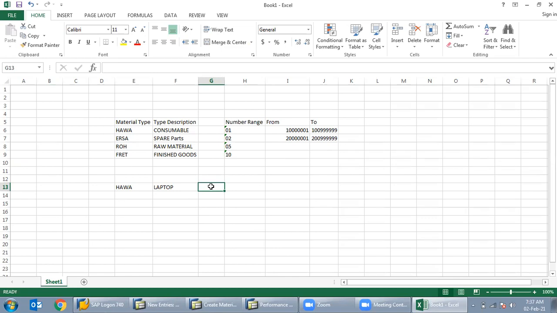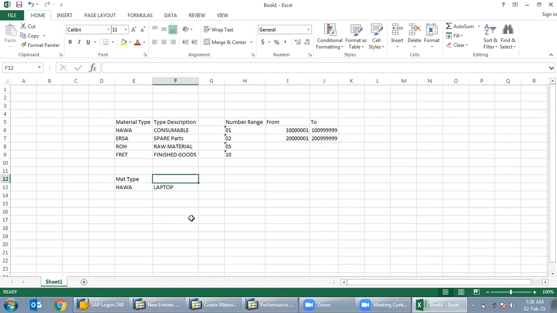Now, for example, we have created a material code for the material type HAWA. Then why does he need to create a material code when it is already available and configured by the configuration guy, like an SAP consultant? See, Umesh, material type is created by the consultant, right? That is right. But who will create the material code? That is not the job of a consultant, na?